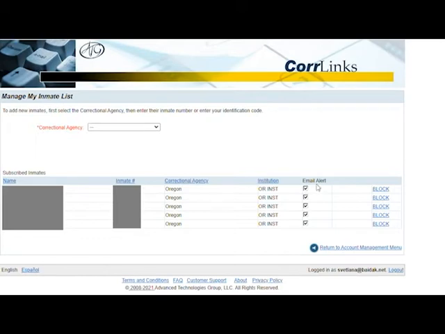Right here, I want you to notice this. Email alert. Make sure this is on. So when an inmate sends you a message, if you don't have this checked, you won't get an email saying you have a message from this person. So if you don't know that, you won't know you have a message. And I've actually had somebody that said, I haven't heard from this person in weeks.